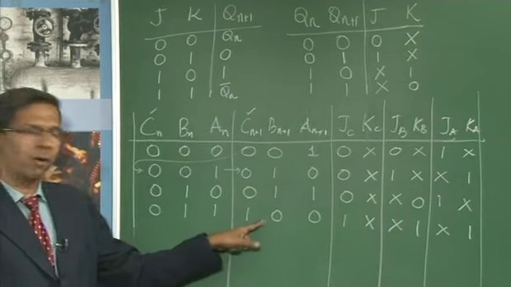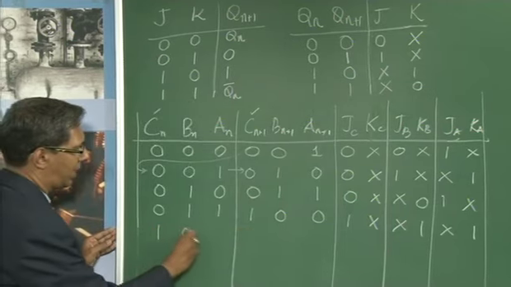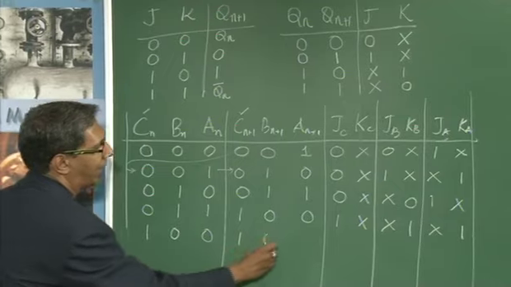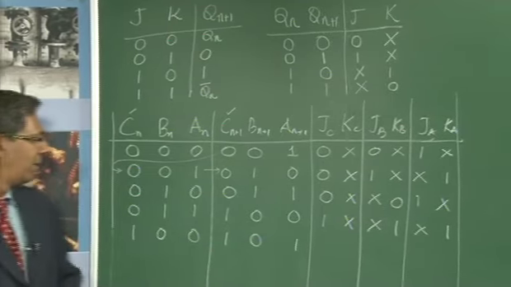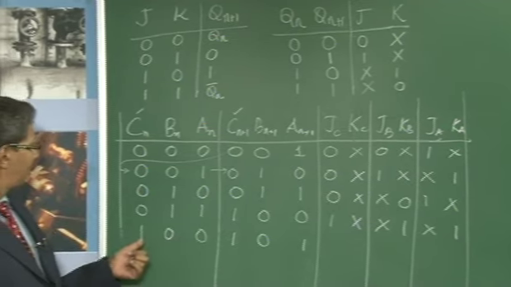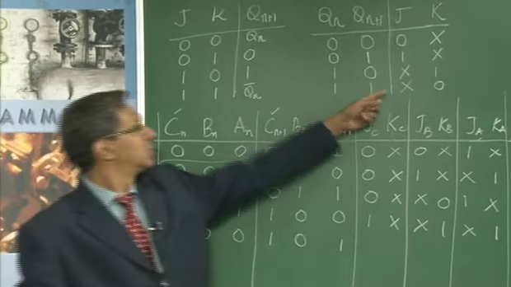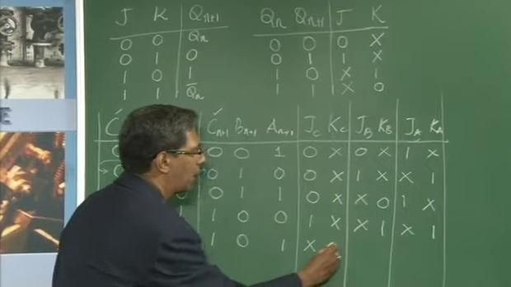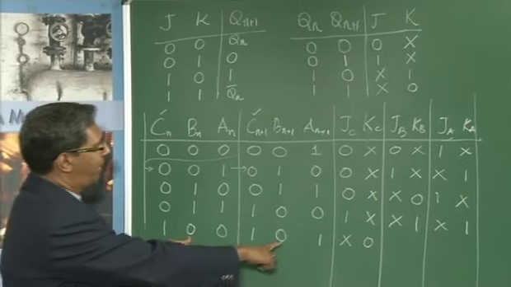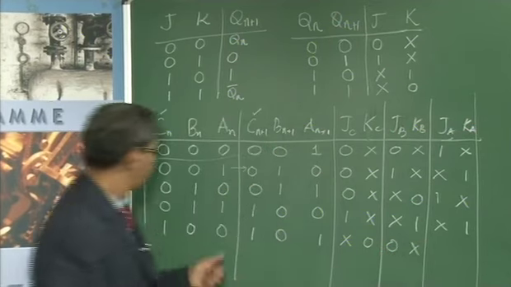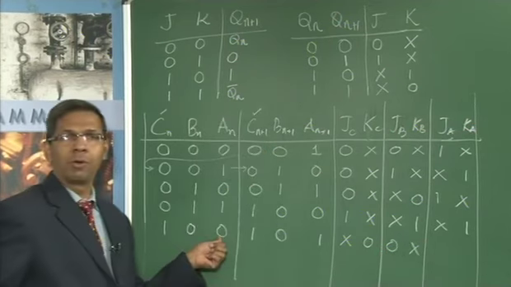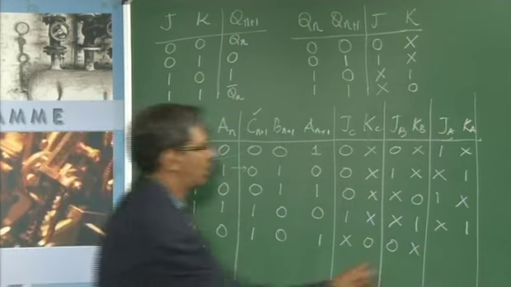Now from 4 that becomes the current state, and the next state is 5, which is the last state, after which it goes back to 0. Now the transition for C is from 1 to 1, so 1 to 1 is x0. For B it is 0 to 0, which is 0x, and for A it is 0 to 1, so 0 to 1 is 1 and x.